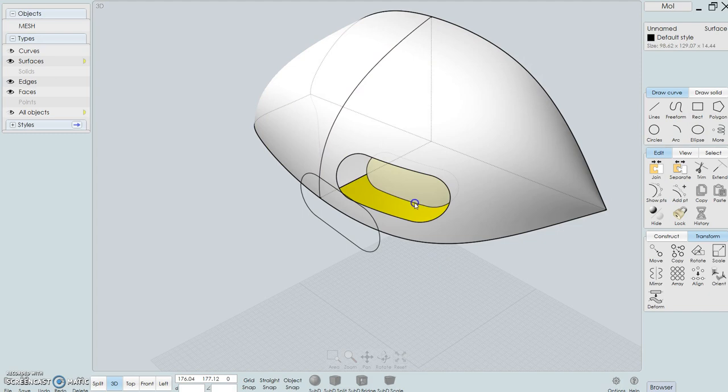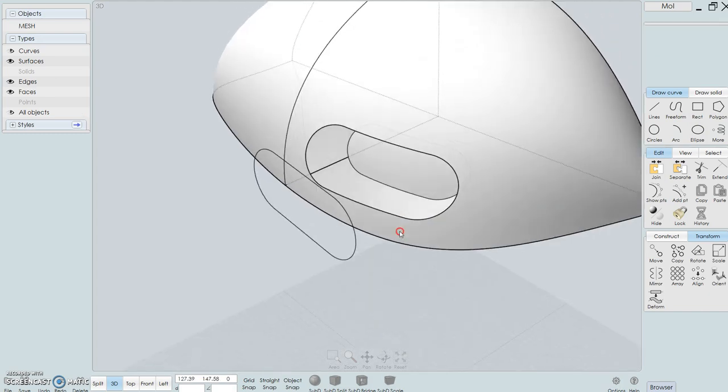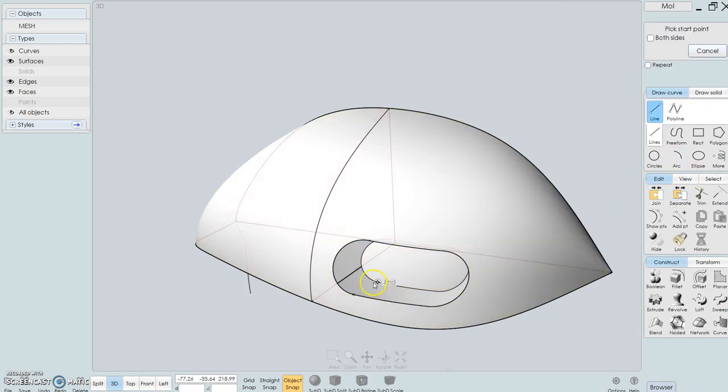Picking the edges. Be careful to only pick the edges. You can actually do an extrude, I believe. So what I'm doing here is that I'm going to construct just a couple of lines, and then I'm going to use the network curve by selecting the